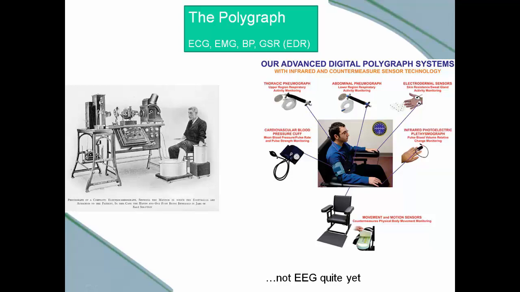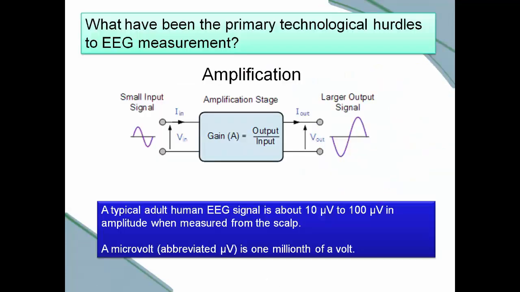So in that we've looked at the polygraph, let's now turn our attention to the EEG, the electroencephalograph. What are the primary hurdles in EEG measurement? Well, first of all, the human EEG signal, that which can be detected, is anywhere from 10 to 100 microvolts in amplitude, as measured from the scalp. Now, a microvolt is 1/1,000,000th of a volt. So detecting that signal and discriminating that signal from anything else is